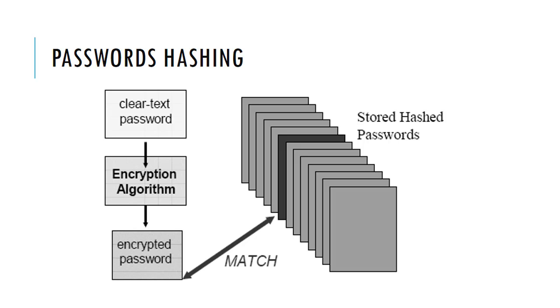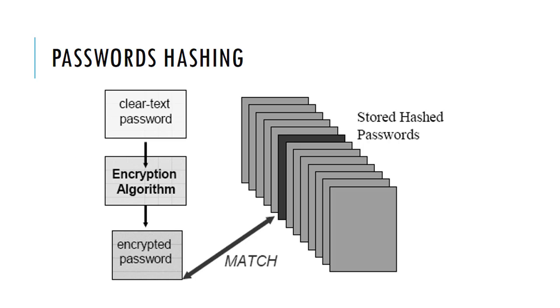Let's have a look at how passwords are stored inside your system. The passwords are hashed inside your system, and hashing is a sort of encryption that is one way. So you enter the password in clear text form, it passes through an encryption algorithm that produces the hashed password, and this encrypted password is saved inside your system, either Windows or Unix or Linux, or any system or web server that is accepting the username